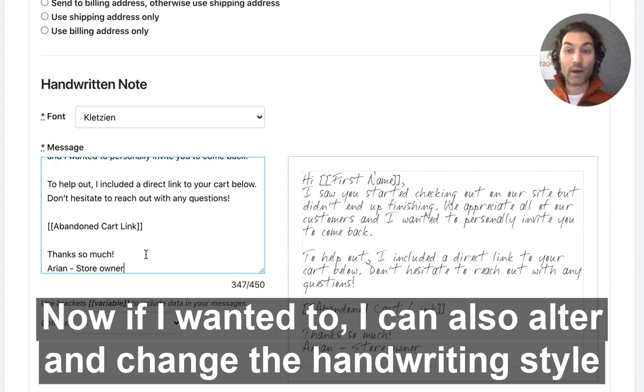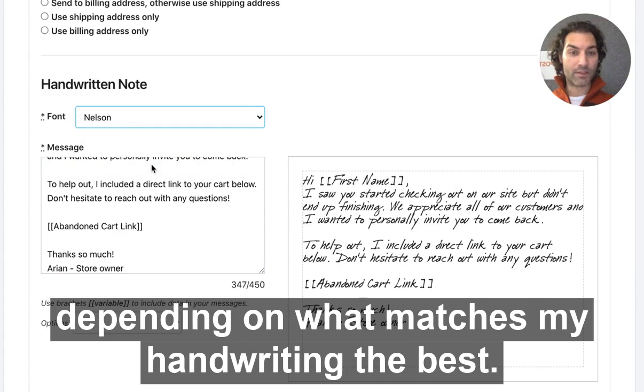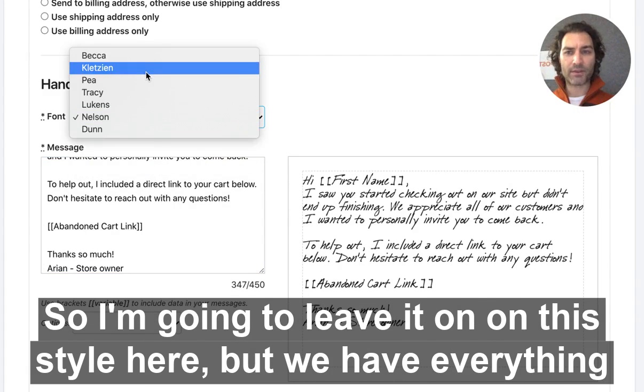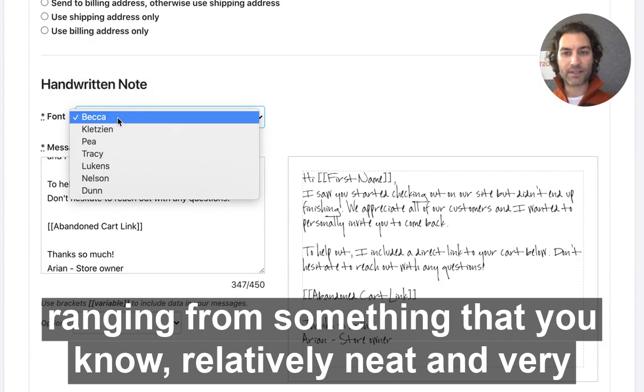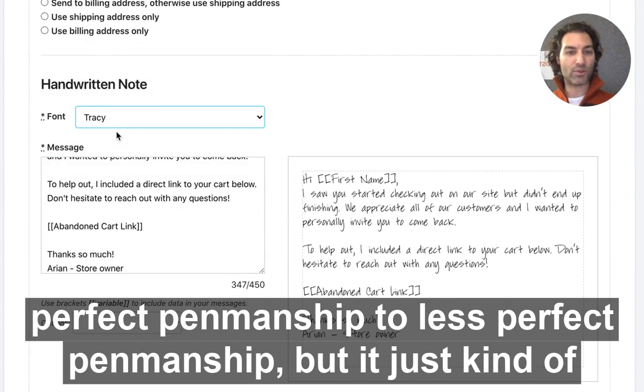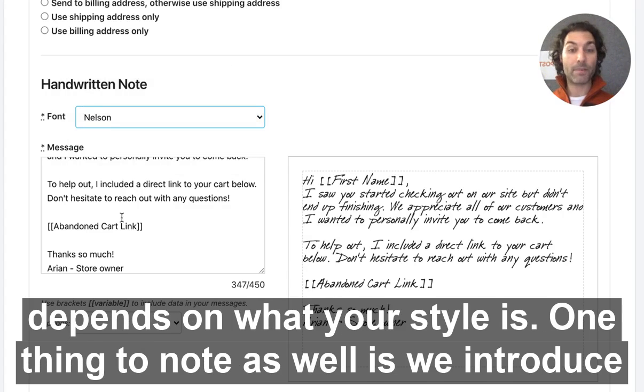Great. Now if I wanted to, I can also alter and change the handwriting style depending on what matches my handwriting the best. So I'm going to leave it on this style here, but we have everything ranging from something that's relatively neat and very kind of perfect penmanship to less perfect penmanship, but it just kind of depends on what your style is. One thing to note as well is we introduce